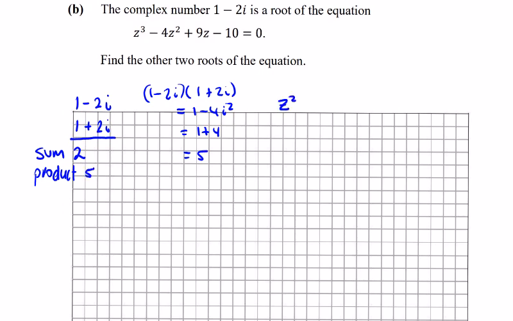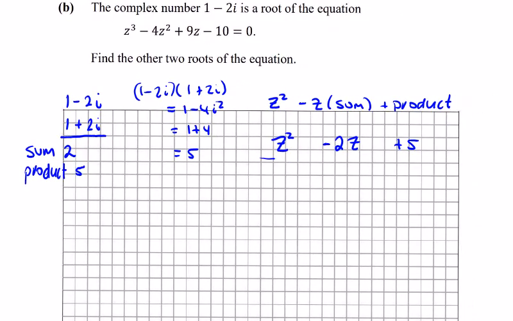You all know that these quadratics can be written as z squared minus z by the sum of the roots plus the product. If you don't, you should. So to create my box method, I'll put my quadratic on top, z squared minus 2z, and then plus 5. And this quite quickly shows me